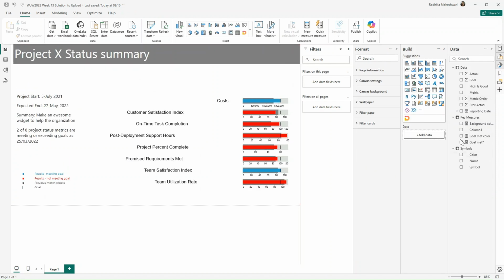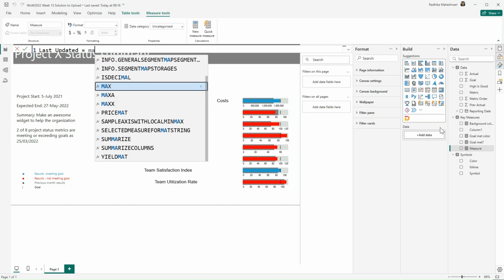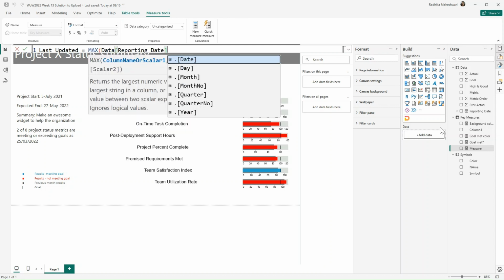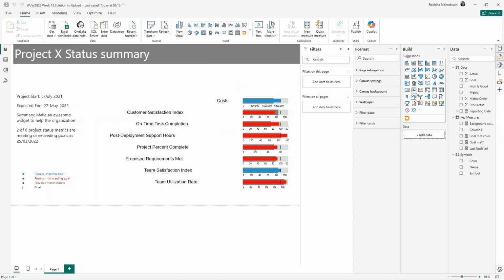And then I can get another measure. So in key measures table, which is the last updated date, that will be equal to max of the reporting date, and we can bring that in a card visual.